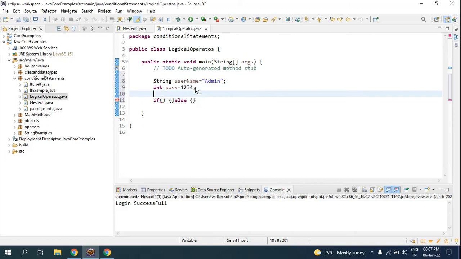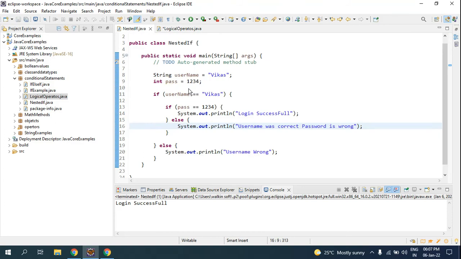So in the condition I'll ask username equals equals admin. In the same condition I won't take another if inside it for the password.